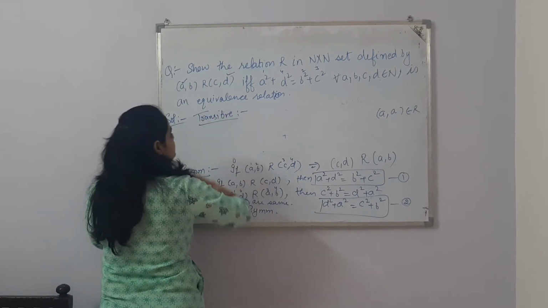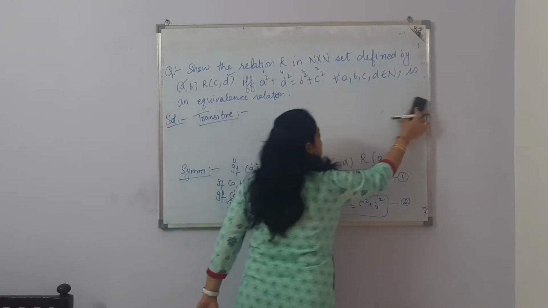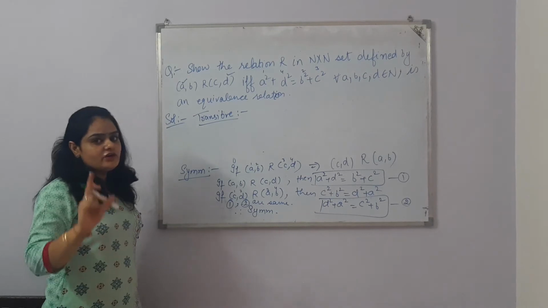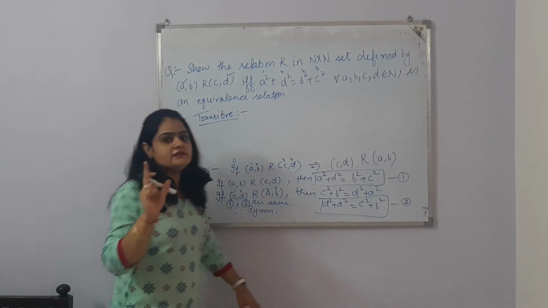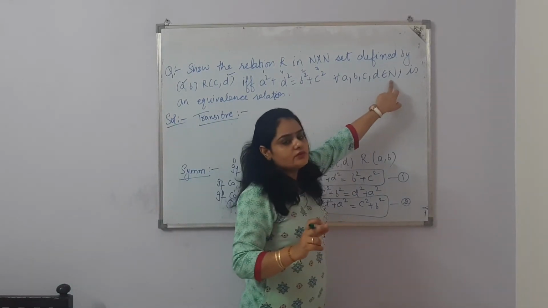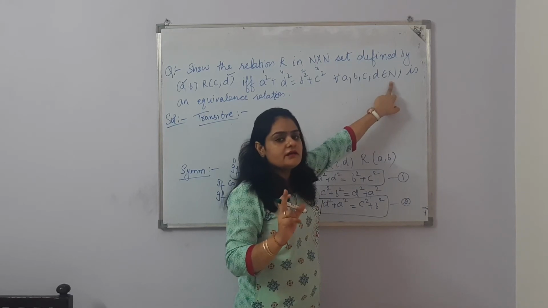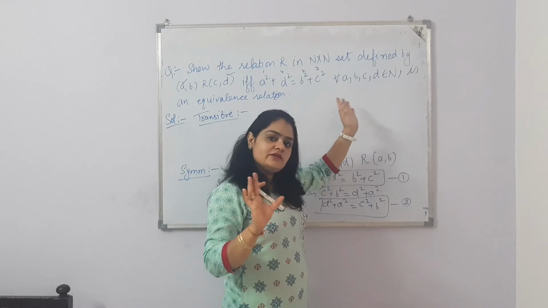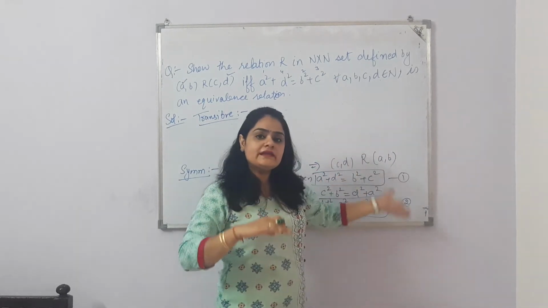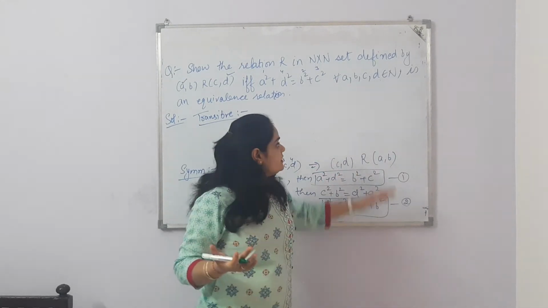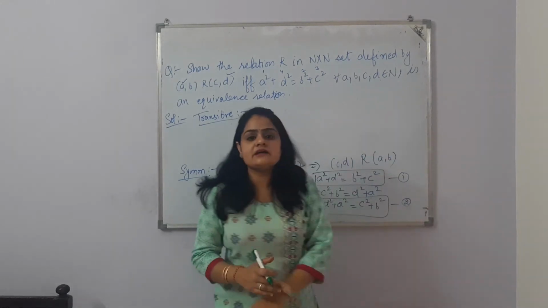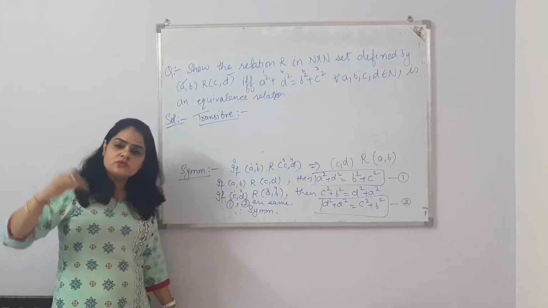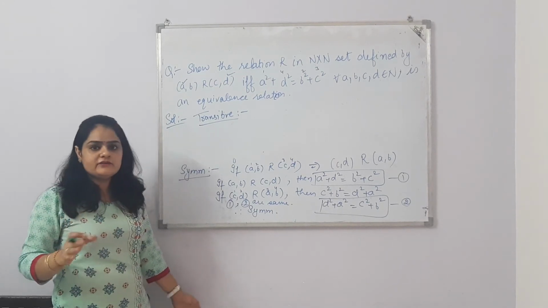Again, if you want to take an example and prove by taking an example, you can. It's up to you. But here you are restricted. You have to take the example from natural numbers only, because in the last question it was given the set of real numbers. We took 1 by 2, 1, 2, minus 1, because all are real numbers. But now here it is given natural numbers, that means you have to take an example from 1, 2, 3, and so on up to infinity. You can take any example and you can prove.